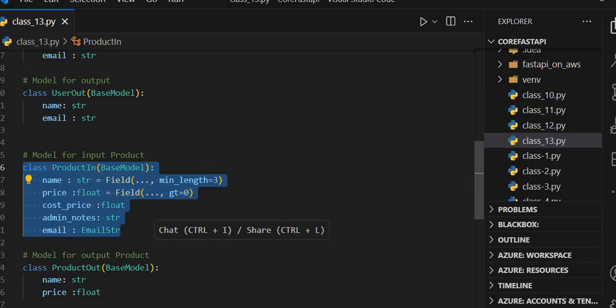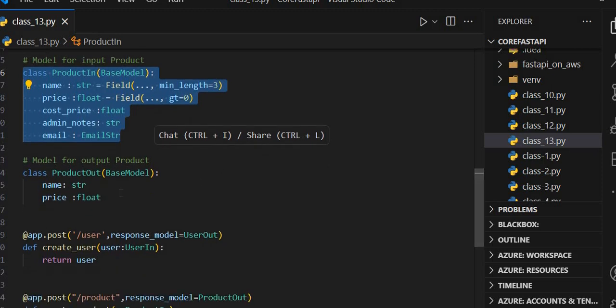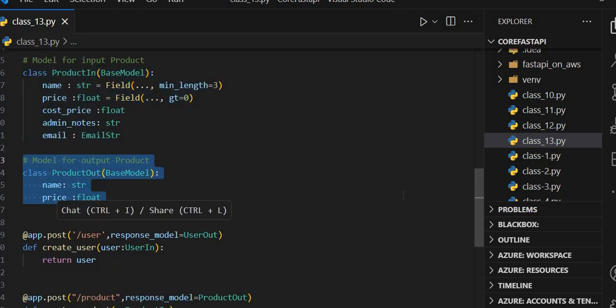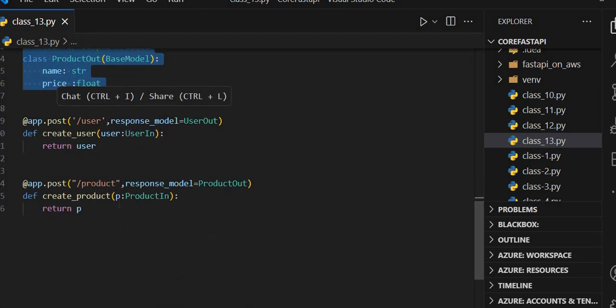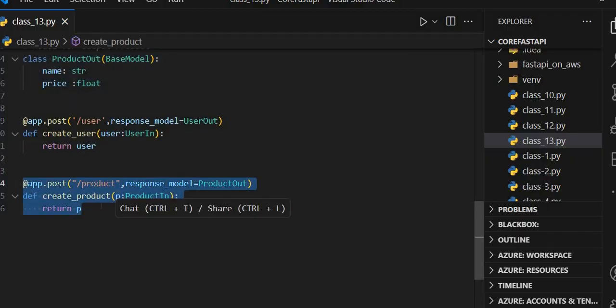How do we handle this? We define a response model for our product, and we are using the response model for product, and when this route is called from the front end, this function will be called and return this only